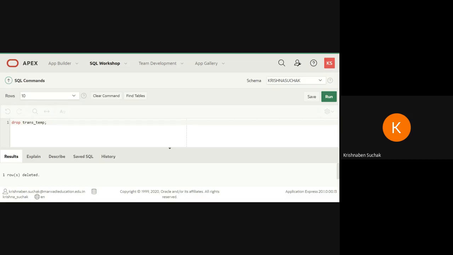Invalid drop option. Shubham, present your screen. You have created this table, right? You created a table named Transtemp in the last query, Shubham?